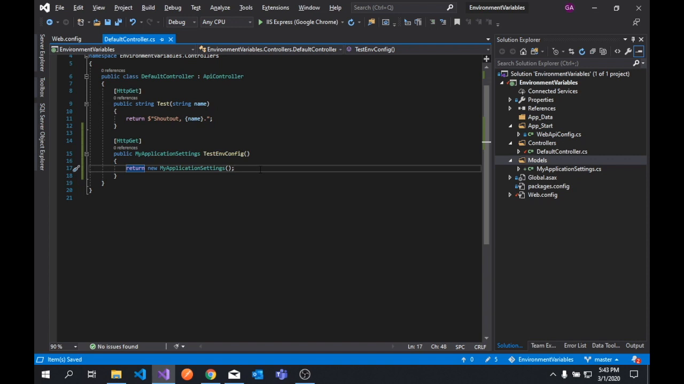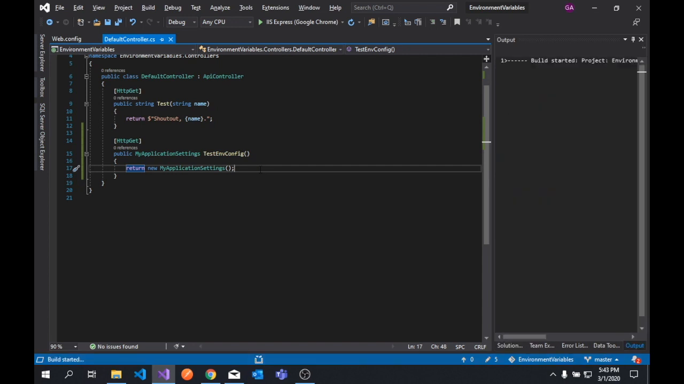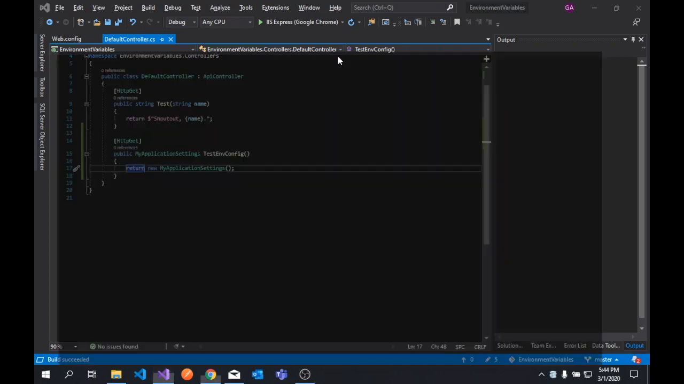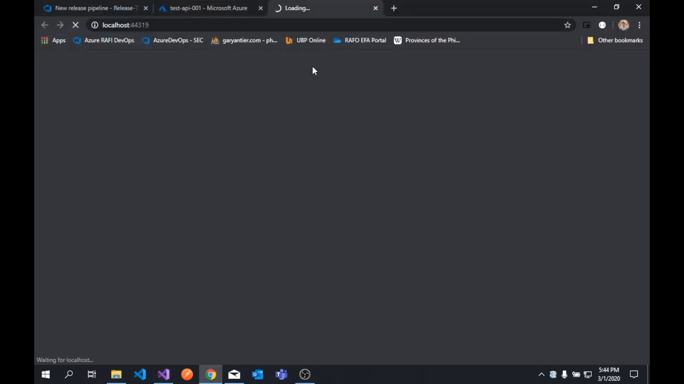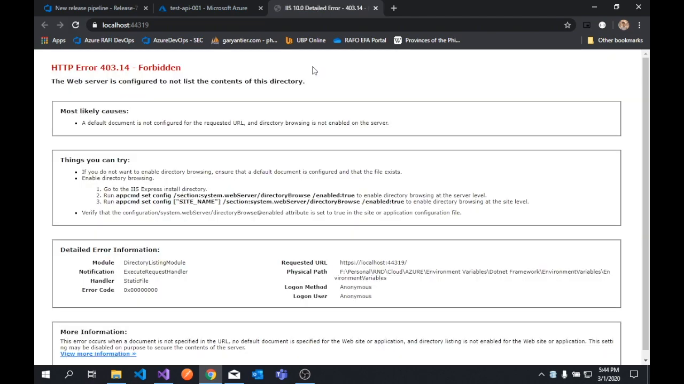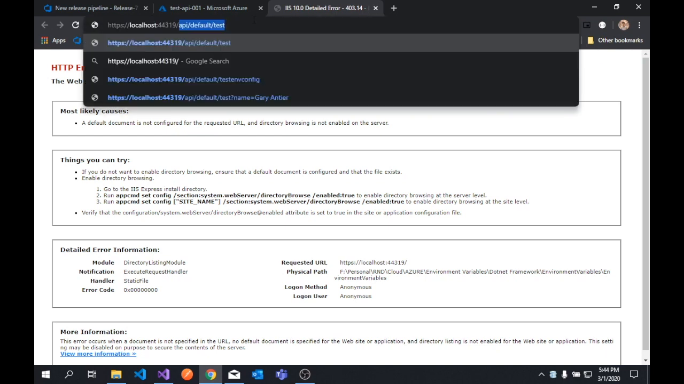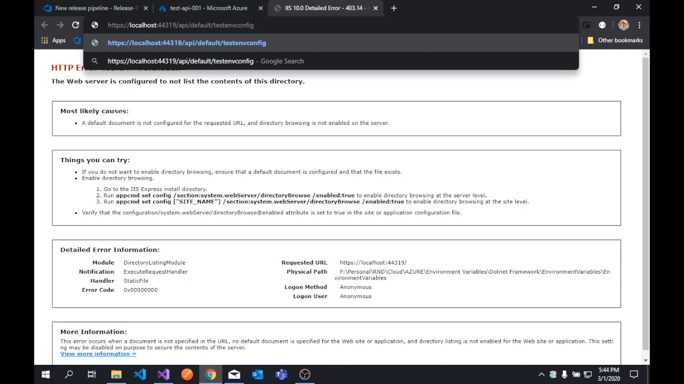So we're basically done for the basic example. Let's go ahead and build it by pressing Ctrl Shift B, and then run it in non-debug mode by pressing Ctrl F5. Let us wait for the application to finish loading in the runtime. Now let's go to the endpoint. It says default, and then test env config there. Press enter, and we are returned